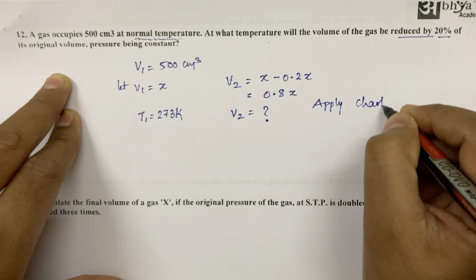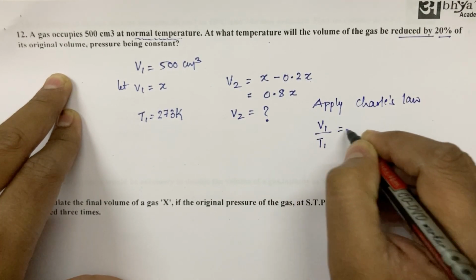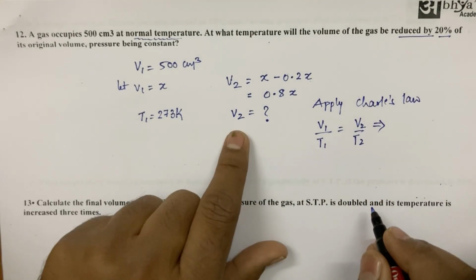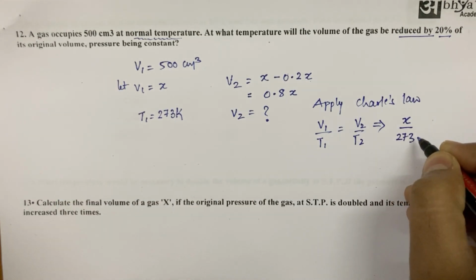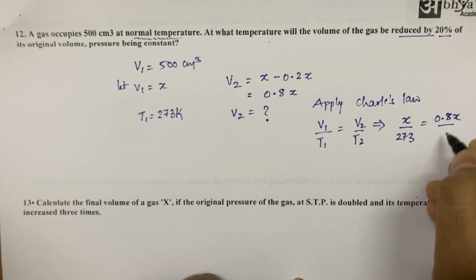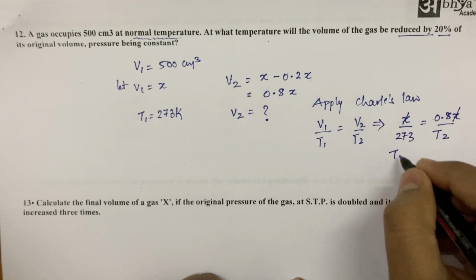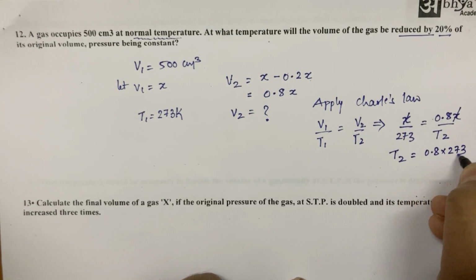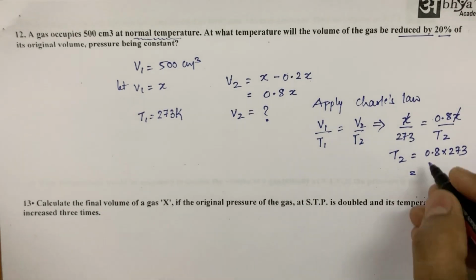Charles' law. V1 by T1 is equal to V2 by T2, so that implies x upon 273 is equal to 0.8x upon T2. So x and x will get cancelled out. So T2 is equal to 0.8 into 273, and the answer will be